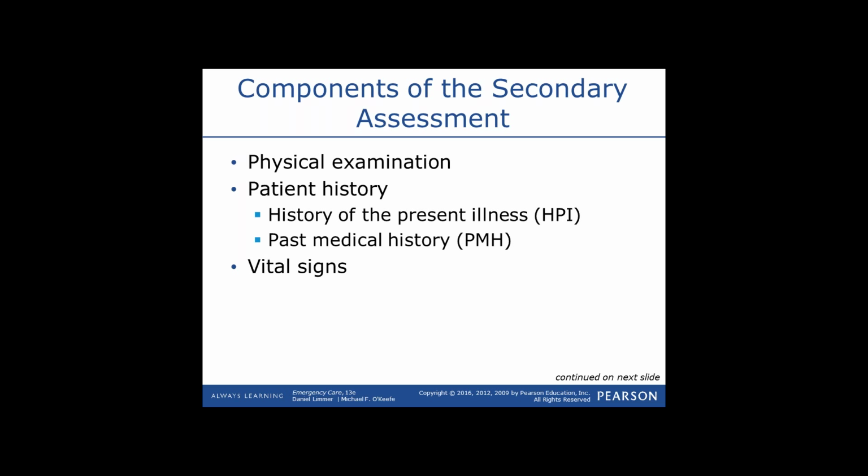Okay? The textbook is going to ask or tell you to ask open-ended questions. I agree 80% of the time. You can ask the question, do you have any past medical history? And they say no. My rule of thumb is then you ask specifics. You're telling me you're not diabetic, you have no cardiac history, you have no respiratory problems, you have no history of stroke, right? Because those are the ones that for some reason people leave out when you ask, do you have any medical history? Well, yeah, I used to be diabetic, but I take insulin now, so I'm no longer diabetic. That's not the way this works,